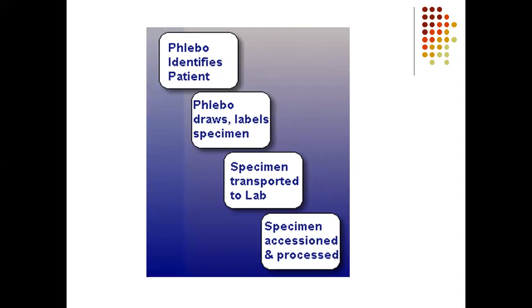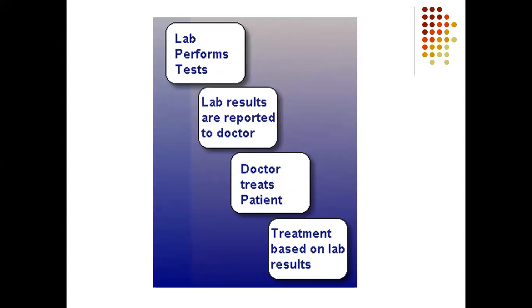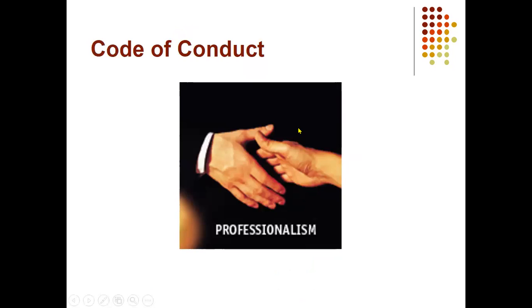That is more a component of chemical pathology that we will discuss later on. But regarding now, as we are dealing with COVID patients, we have to report it as urgently and as early as possible. So in terms of sampling, the lab performs the test, then the lab results are reported to the doctor. The doctor treats the patient, with treatment based on the lab results. This whole process is called phlebotomy and the processing of the blood samples.